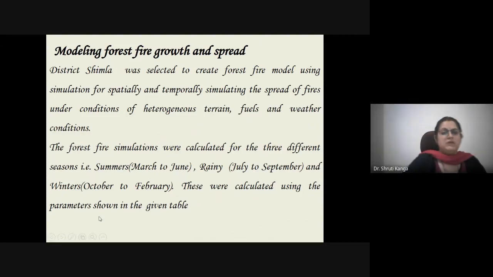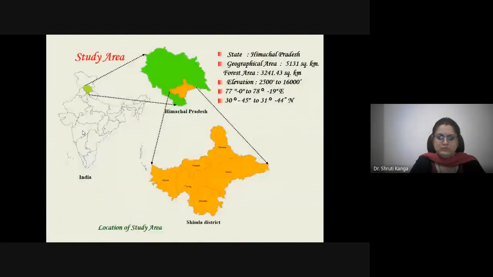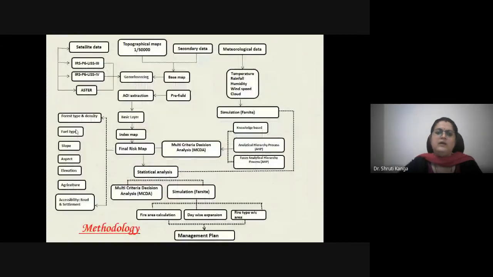So district Shimla was selected to create a forest fire model using simulation for spatially and temporally simulating the spread of fires under conditions of heterogeneous terrain, fuel and weather conditions. If you go through the methodology part here, in the previous class we have discussed all these things